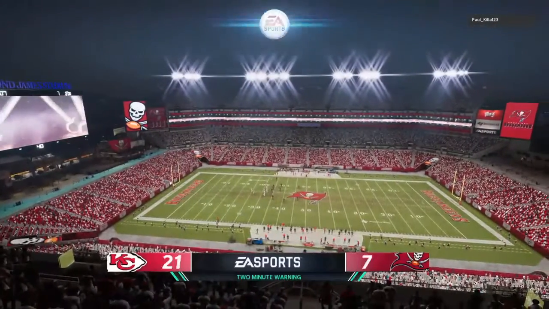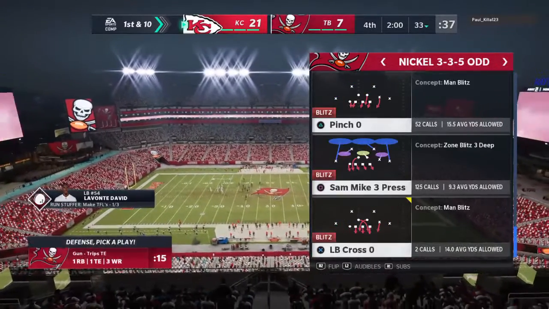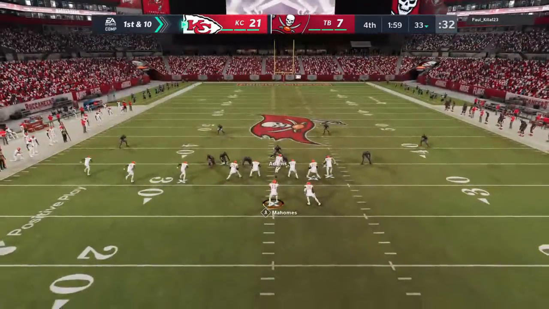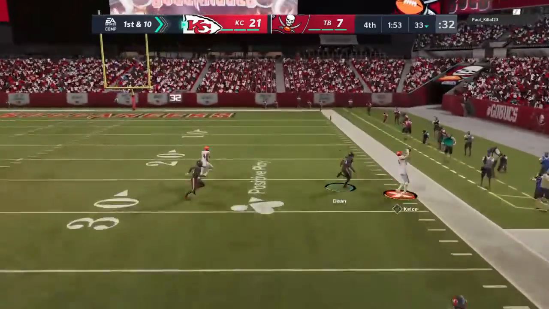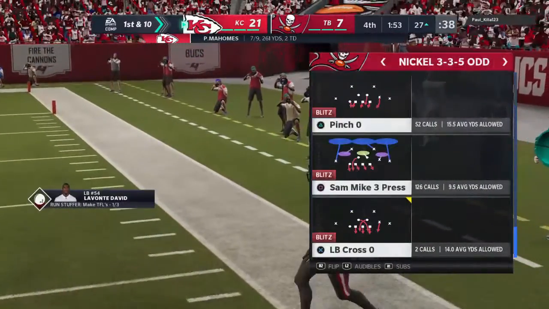Two minutes left to play in this football game here on EA Sports. So the Chiefs in possession of the ball as we welcome you back. And no doubt what they're looking to do is just salt away the final couple of minutes and escape with a win. Looking for Kelsey on the deep ball. And that's caught inside the 30. And he is finally out of bounds, but